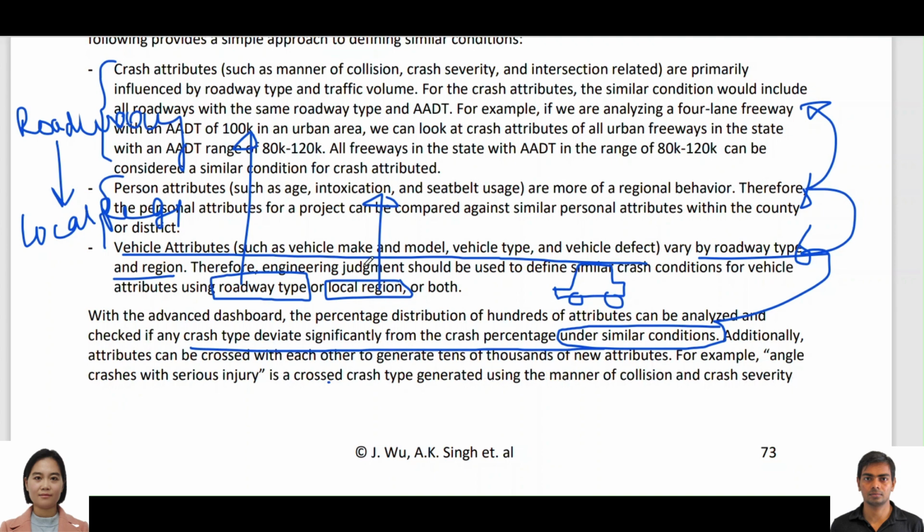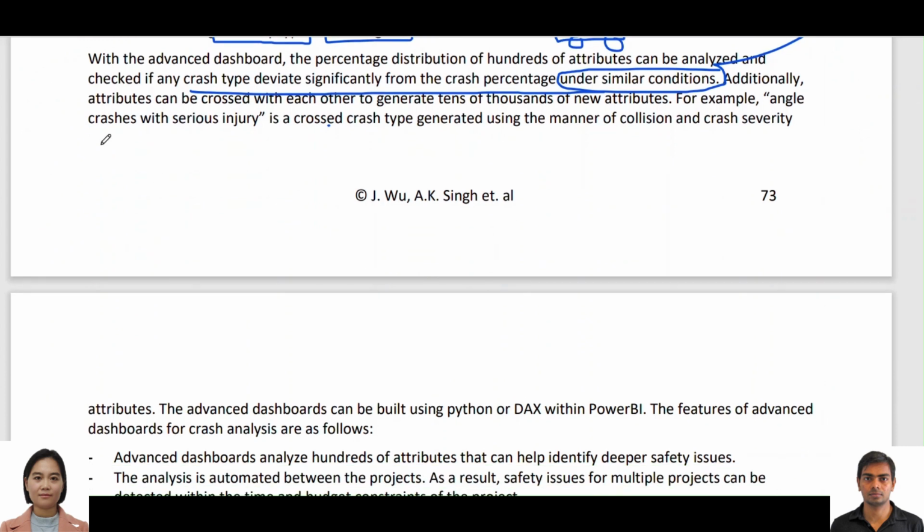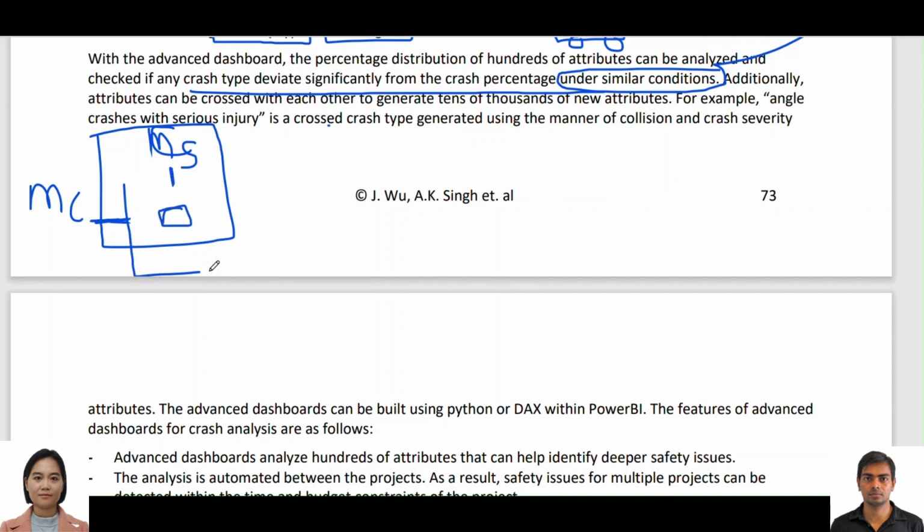and crash severity. So what we can also do is we can look at two different attributes. So here we have manner of collision, here we have crash severity, and then we can look at each manner of collision for each individual crash severity, and we look at that percentage. So instead of using a table, we will have a matrix, and then we can compare this matrix with